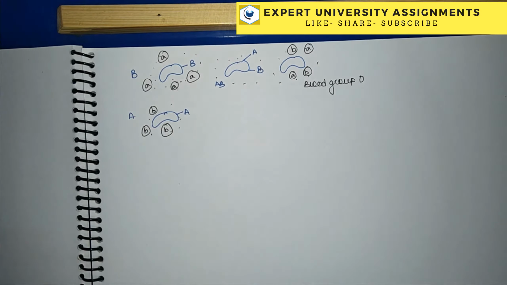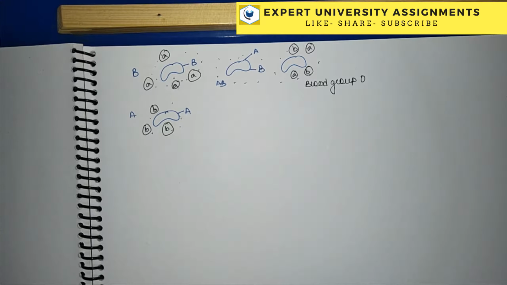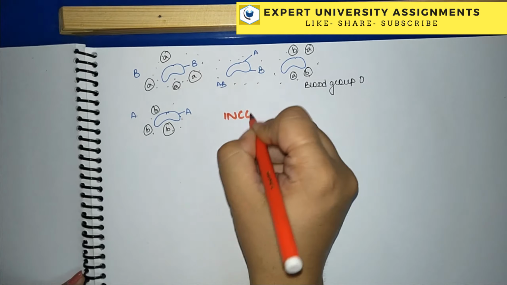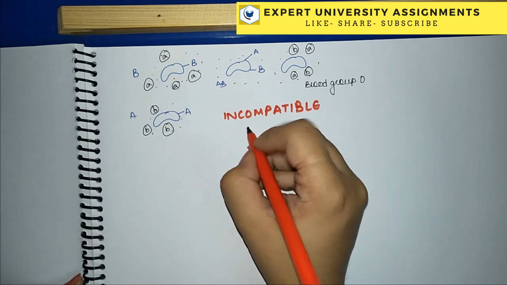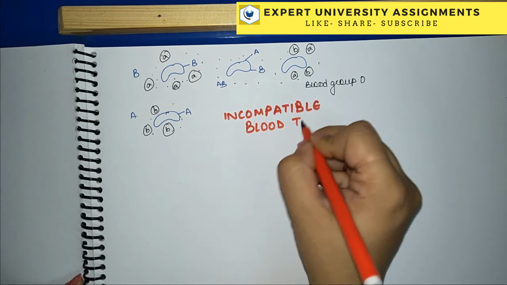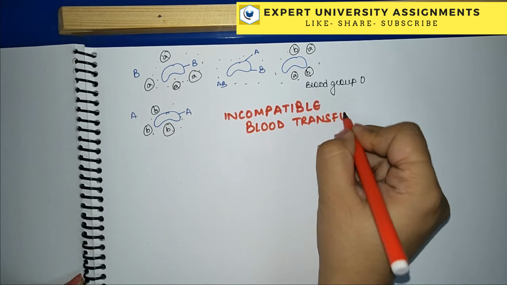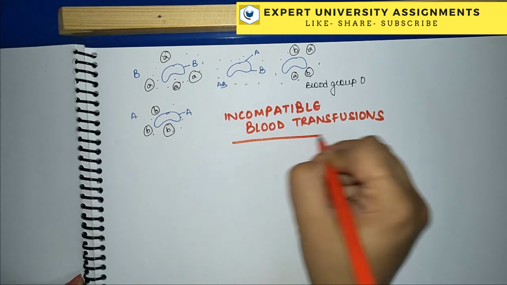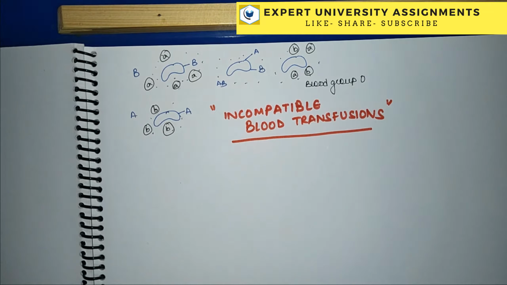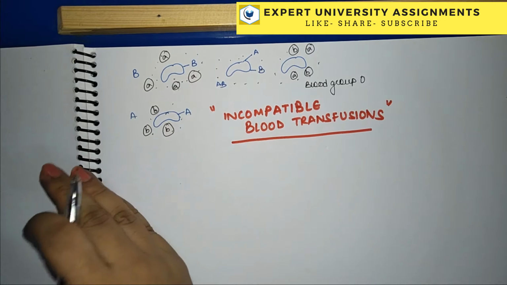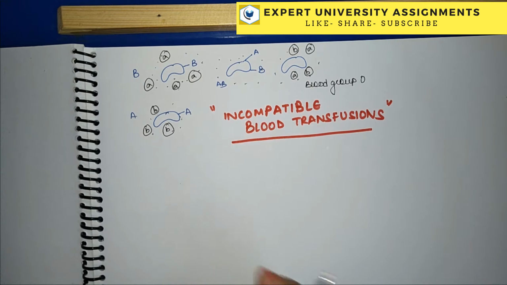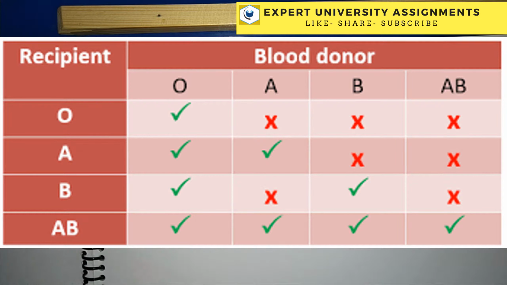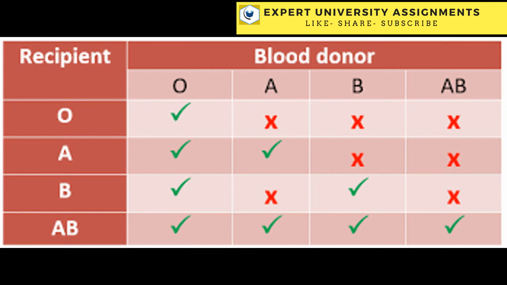Now there is a term often referred to and often focused on, that is incompatible blood transfusions. So why does this happen basically? Incompatible blood transfusions. This is a very important topic because if we mix the two wrong blood groups, then in that scenario, the wrong blood groups will lead to hemolysis of RBCs, which is basically killing the RBCs, and that happens in case there is a